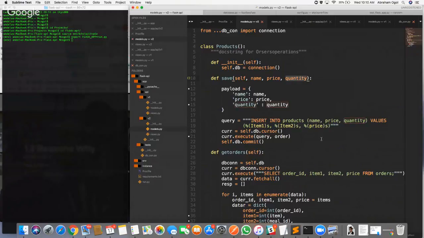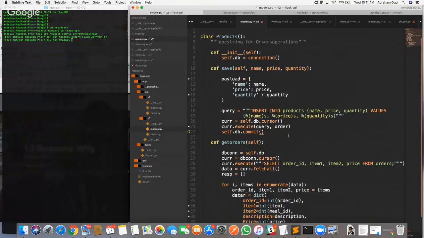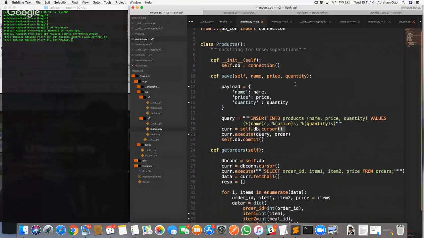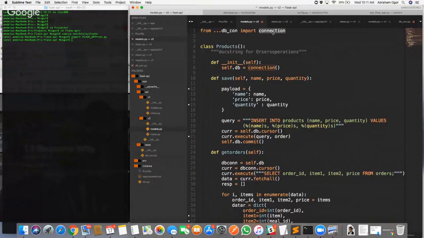Yeah, I think that's okay. Name. So this is just taking each and everything which is here. Price and quantity. It's all there. So then I'm creating my cursor. Here the only thing is I'm not going to use this. I'm going to use